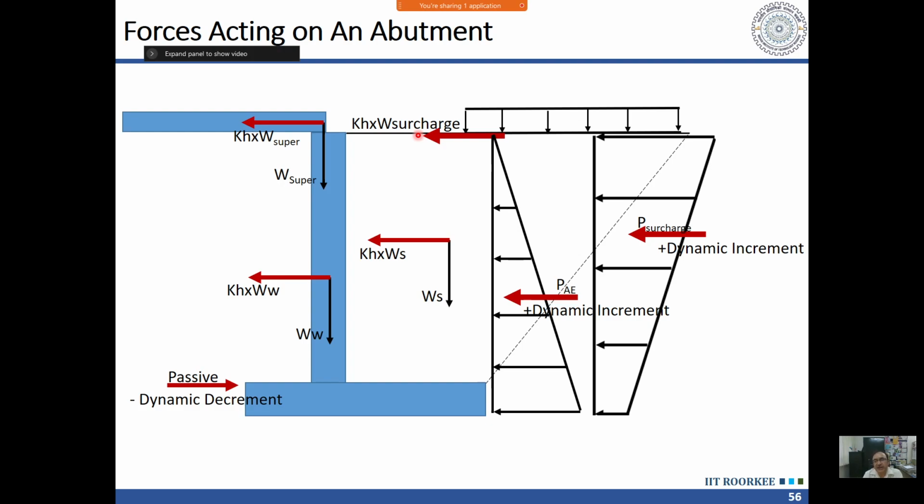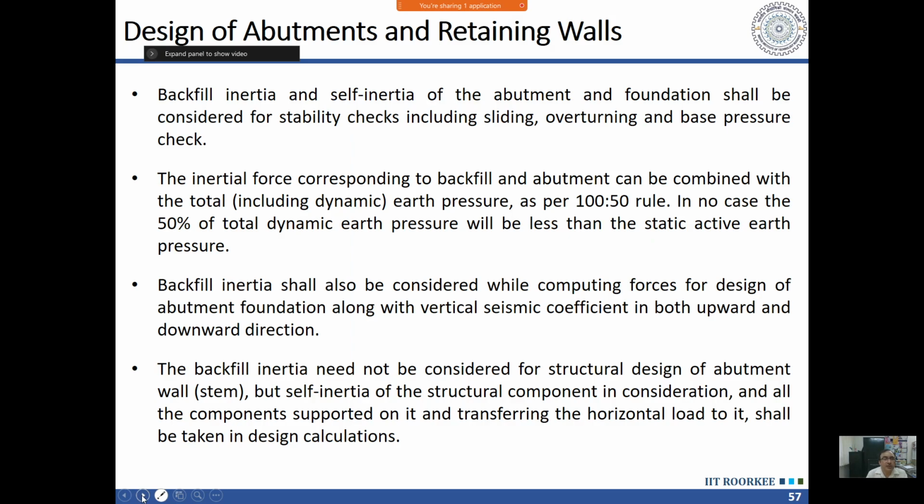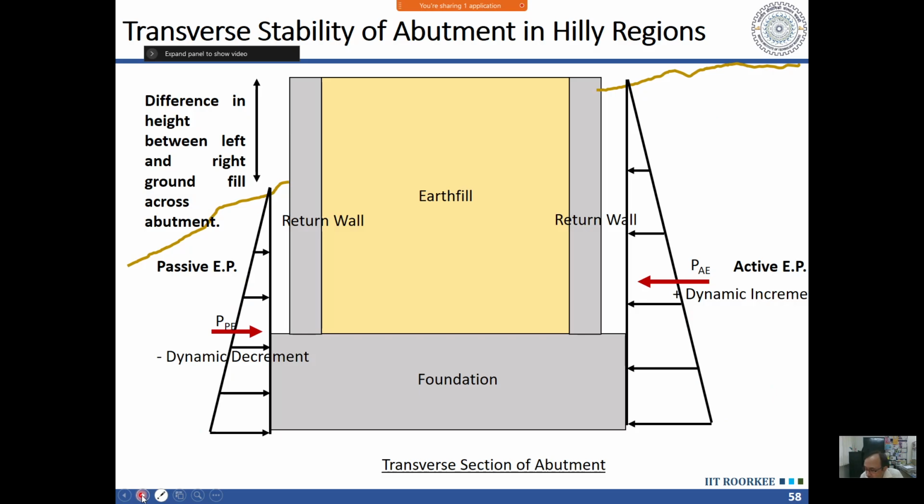We are getting it through sliding, and it is not really a vibration problem where the wall will be vibrating in a manner like the piers, because it is retaining soil on the other side. So that type of vibrations are not possible here. Rather, it will act as a boundary in the soil, and the wave which is propagating in the soil will get reflected from this, and that phenomenon we need to consider. Okay, so here the steps in the design of these retaining walls and abutments are listed.